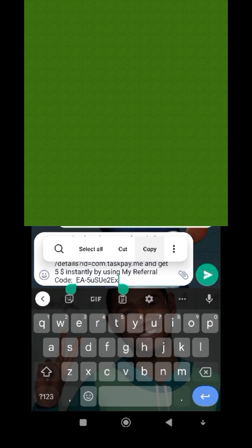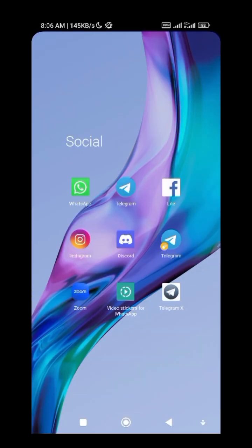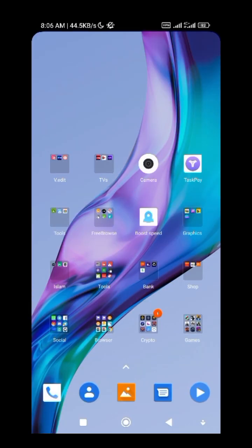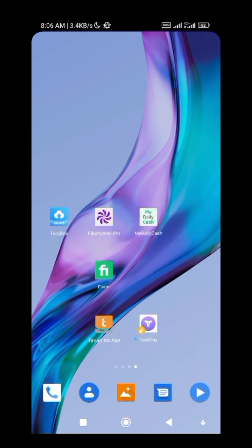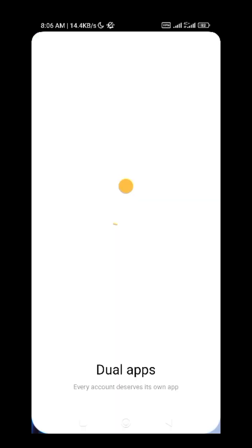I think this is my own referral code, sorry. Now this is the original app, so I have cloned the app, but don't try to clone the app, because if you try to clone it and they detect it, they will disable your account. I'm just using this for the sake of the tutorial. So let's assume I open the app. Once you open the app,